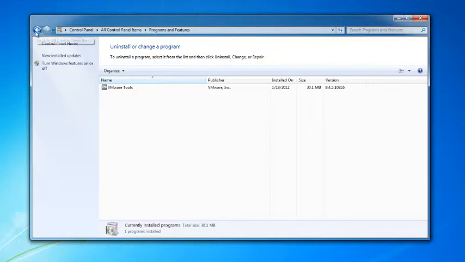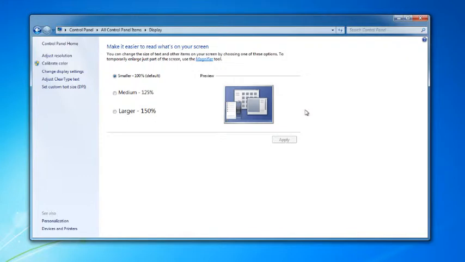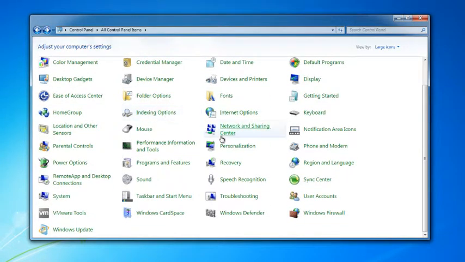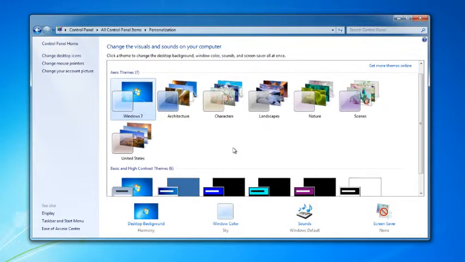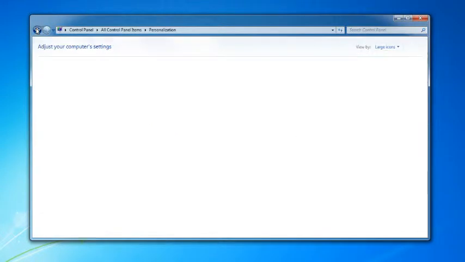Now, if I go back, and let's say I want to go to the display. Right there it is. Just like before, I can choose the display. I can adjust resolution here. You don't have the tabs up above. Most everything is right along here. However, if I want to change the background and do all that, as we learned before, it's under personalization. So I go into personalization. Here's where I could choose my themes, my backgrounds, and so on. So if I hit back again,